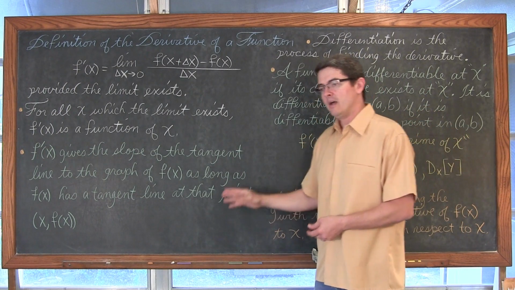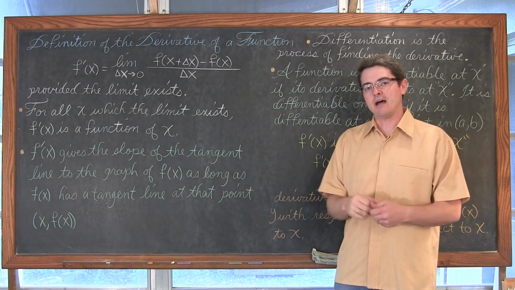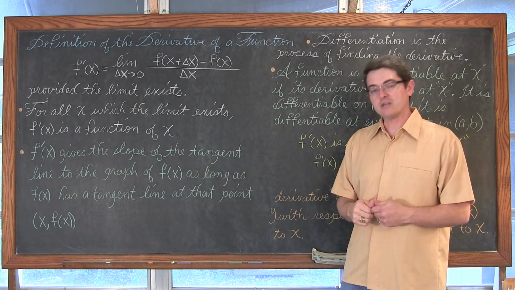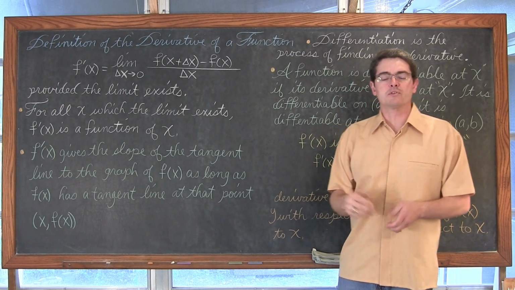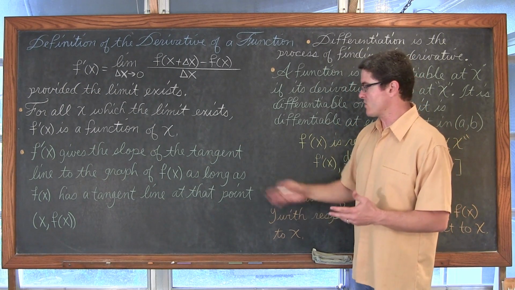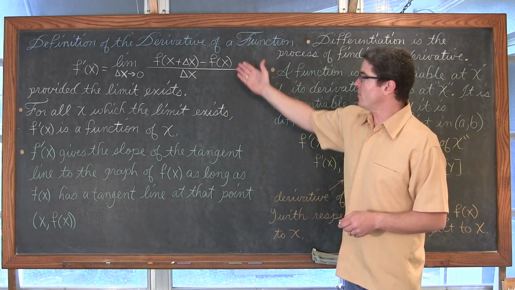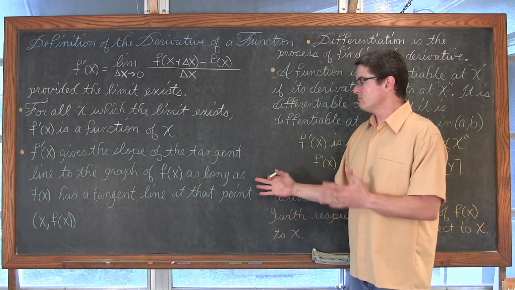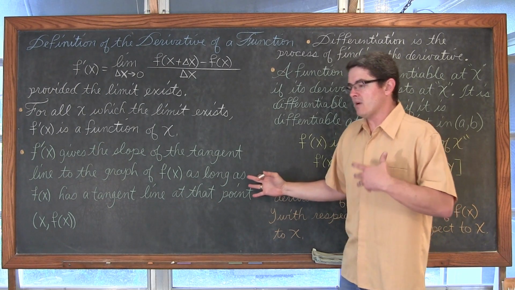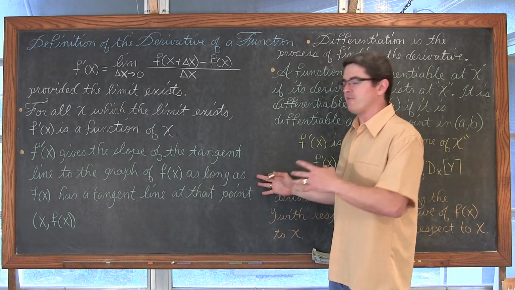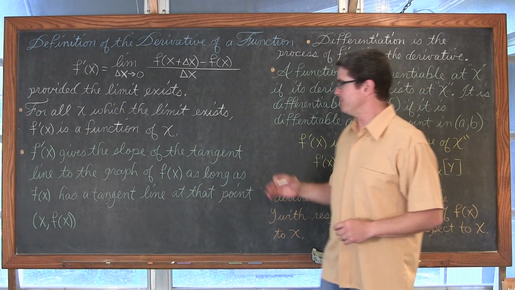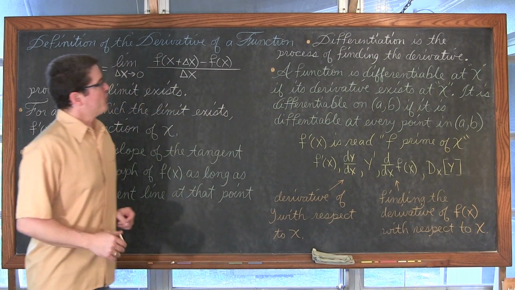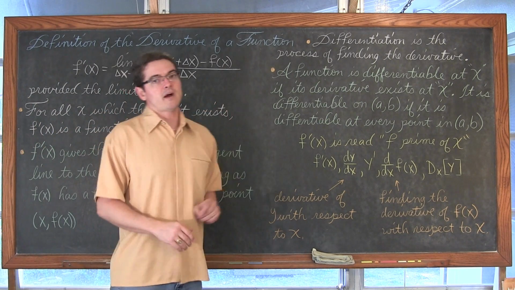We already talked about the issues we can have with vertical tangent lines, having this limit be undefined, or actually equal to infinity or negative infinity, and when we try to find the slope at a sharp bend. So we can't always find the slope of a curve at any point, but almost all of them. Differentiation is the process called finding the derivative.